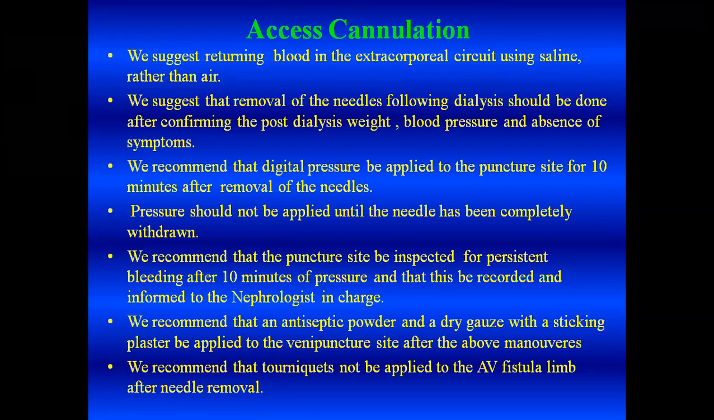After that, a dry gauze with sticking plaster, and no tourniquets are to be applied to an AV fistula limb after needle removal. Now, the application of a tourniquet has two drawbacks. In the first place, when a tourniquet is applied, the time for which a fistula bleeds after needle removal is not evident. One of the earliest signs of venous hypertension, even before limb swelling occurs, even central venous stenosis, is prolonged bleeding from the needle site and difficulty in stopping